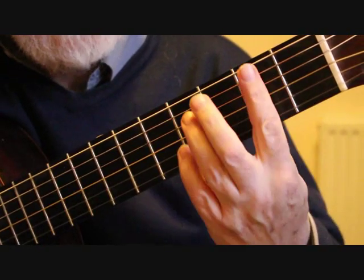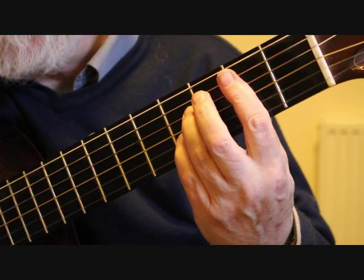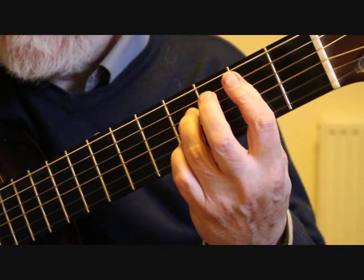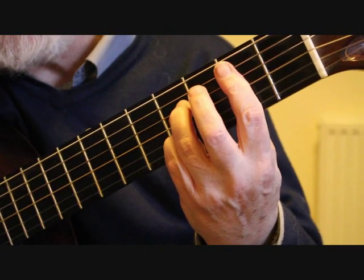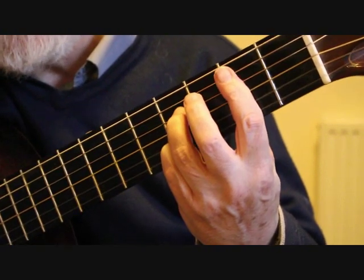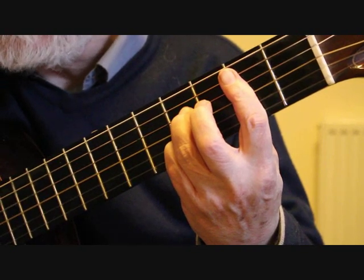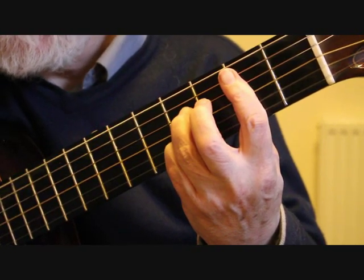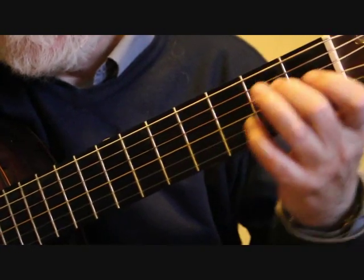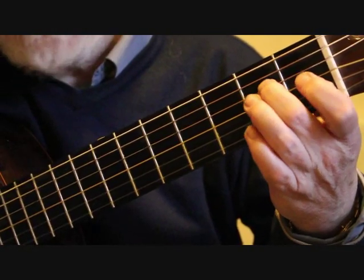Bar 71 is our B7 chord. So it's a 2nd fret barred with the 3rd finger on F sharp on the 4th string. 2nd string is covered with the bar and the little finger on the D sharp on the 2nd string 4th fret. So that is now playing the 5th string, 4, 3, 2, 4, 3, 2, 4, 3, 2. And bar 72 is back to our E major chord, or I should say just with the 2nd finger